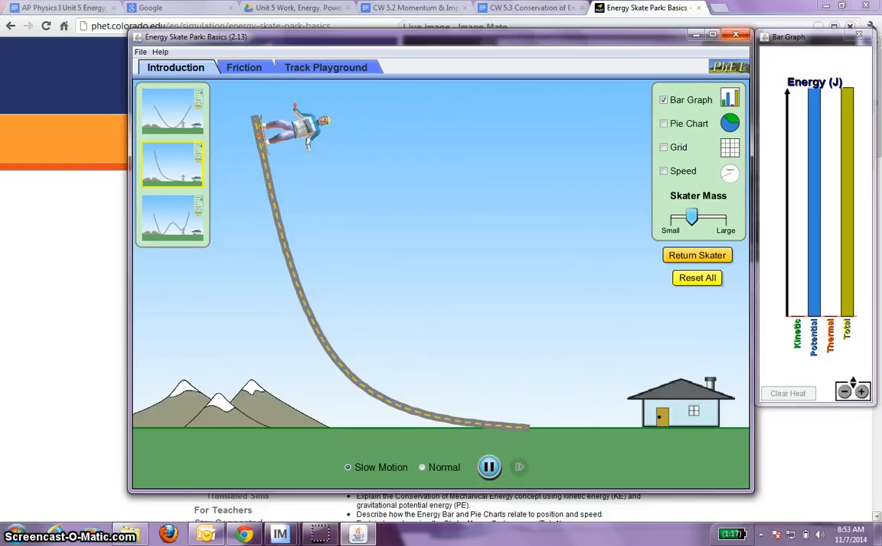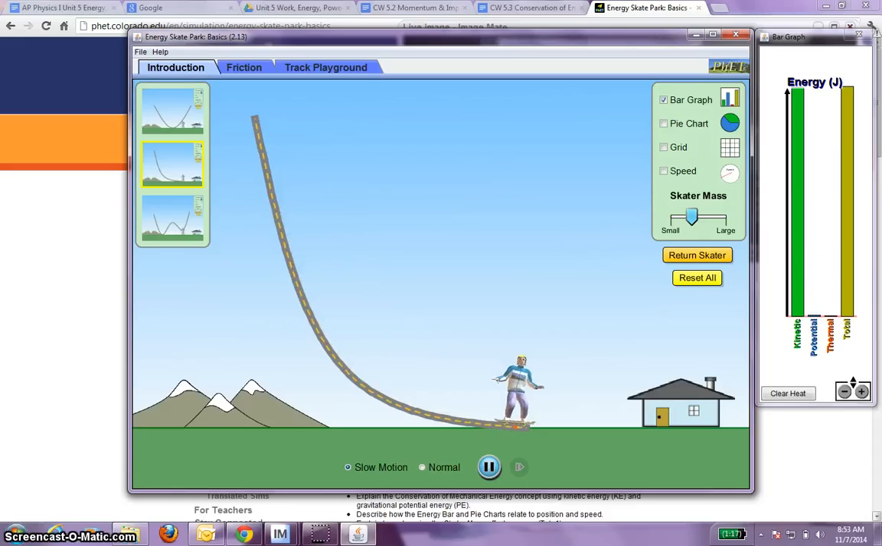And then as I release him, you'll see in slow motion that his potential energy slowly becomes kinetic energy, but his total energy does not change. So as he falls, one goes up, the other goes down, but total energy stays the same the entire time,